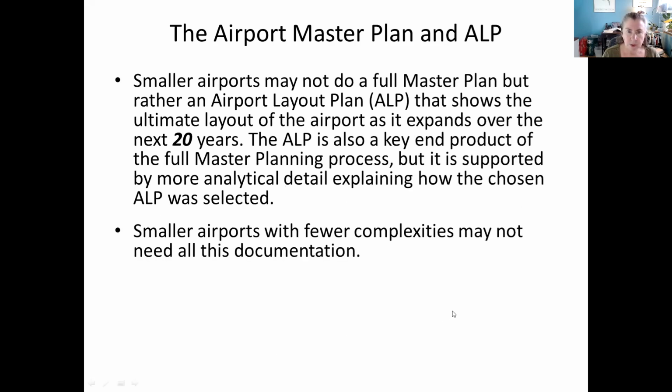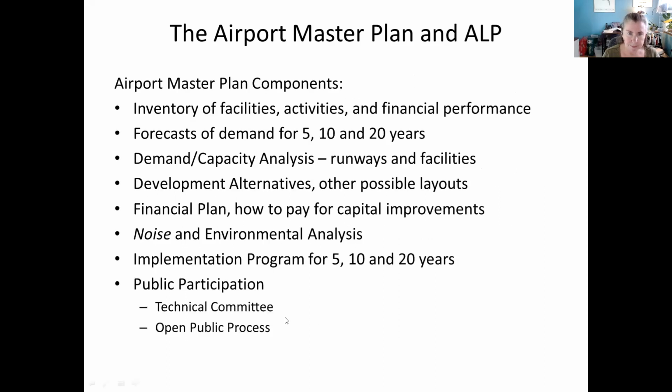Smaller airports don't do a full master plan, but they usually do an airport layout plan. It shows their layout as it is planned to expand over the next 20 years. It's a key end product of the full master planning process, but when you do a full master plan, there's a lot more documents in support of it. Smaller airports with fewer complexities may not need to do all this documentation. If they're a small airport without a lot of growth expected, they may be able to submit a very simple plan. For those that do a master plan,